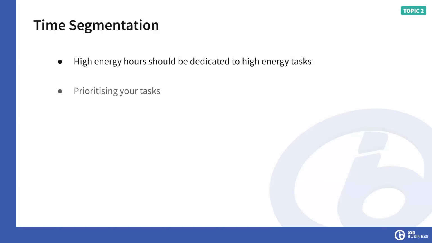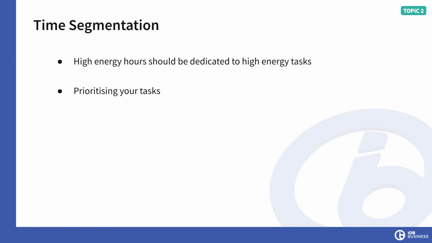So moving on now from energy prioritization, we're looking at prioritizing your tasks, okay? So each of us will have a daily, weekly, monthly, yearly list of tasks, okay? Now, whether you have these physically written down or not, that's another story. But essentially what we want to do is write these tasks down and begin prioritizing them in order of importance and how quickly they need to be done.